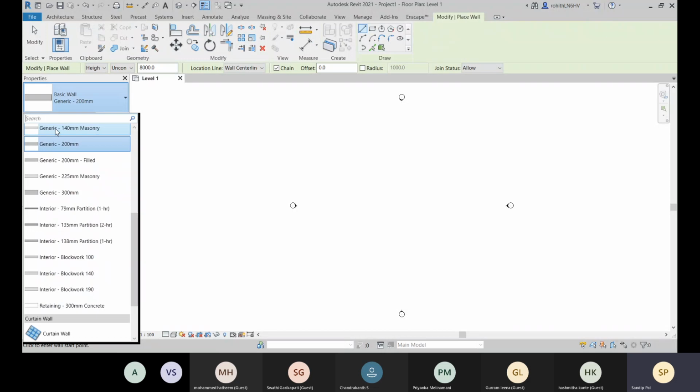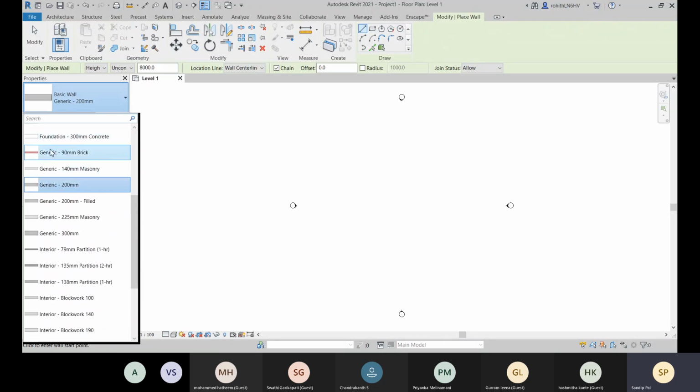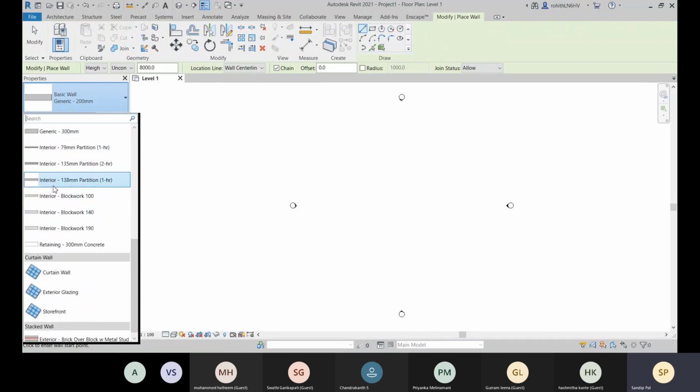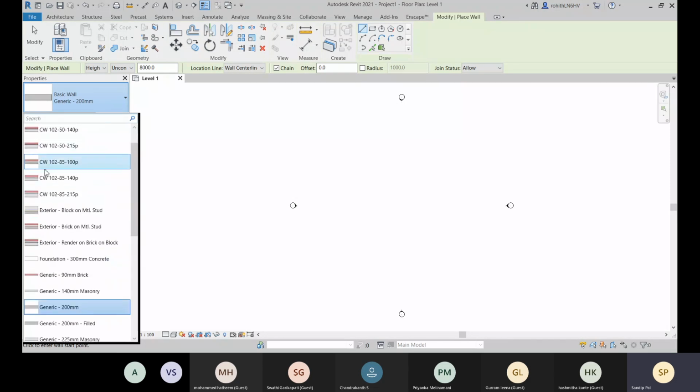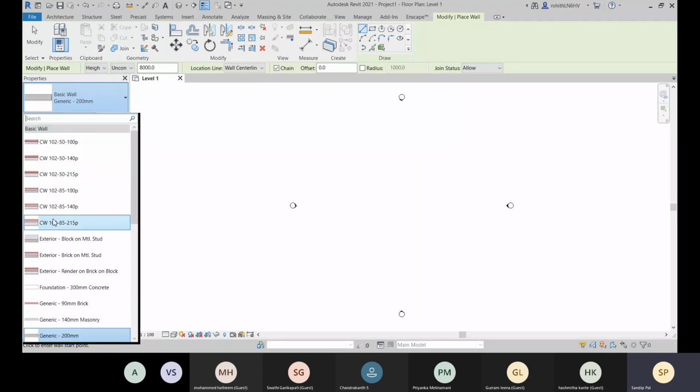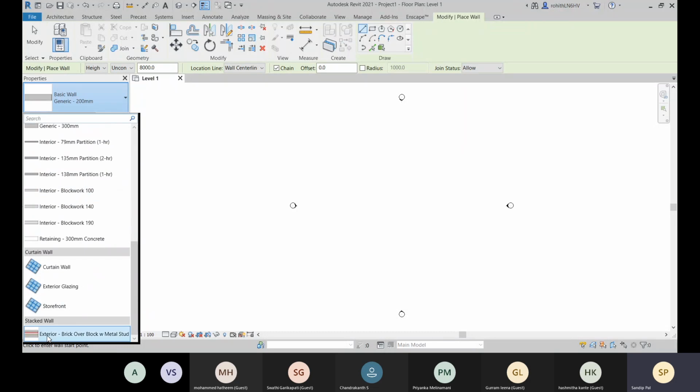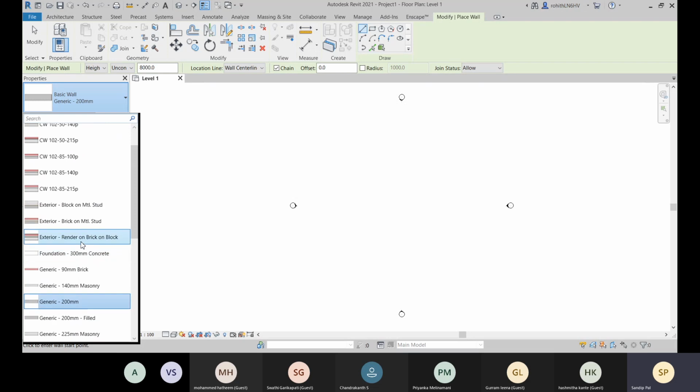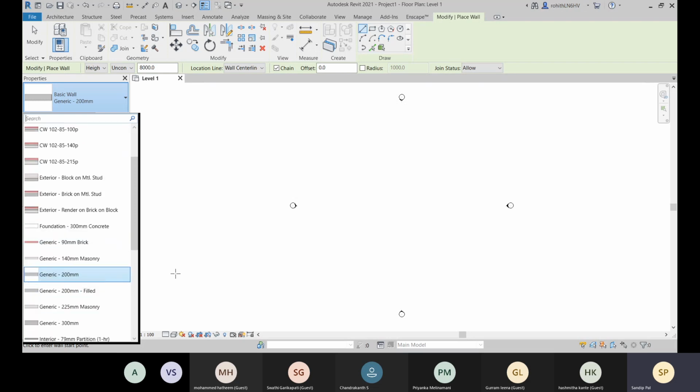So these are your generic wall, and I'm telling you why it is generic, and why we have compound wall. So these are compound wall. CW is the short form. Compound wall, and we also have that stacked wall. Okay, and I'm coming about this curtain wall later. So generic wall doesn't have any many layers. It only contains one single layer. So that is why we call it generic wall. And when we add more than one layer, that will be called compound wall.